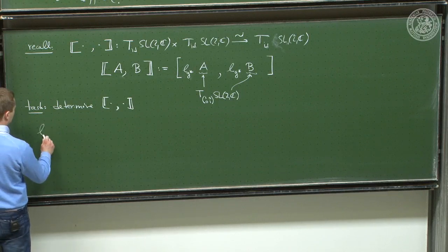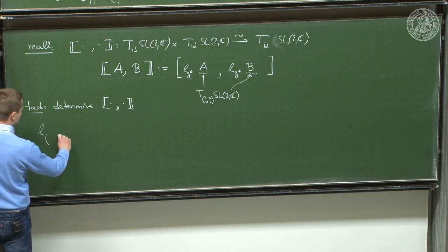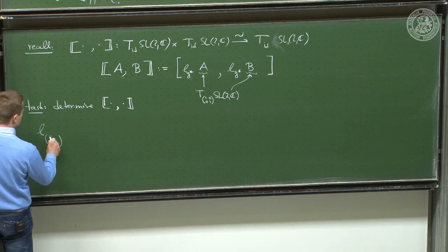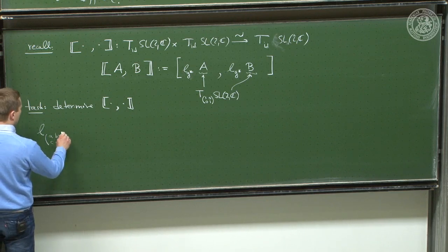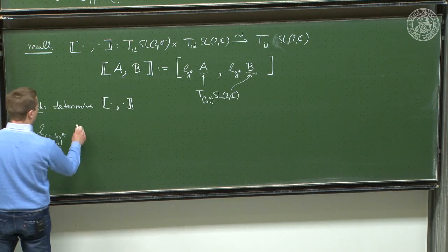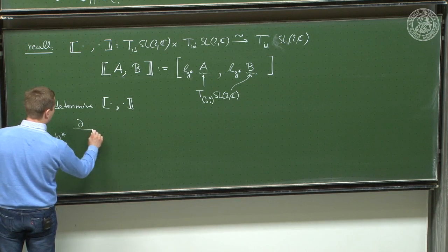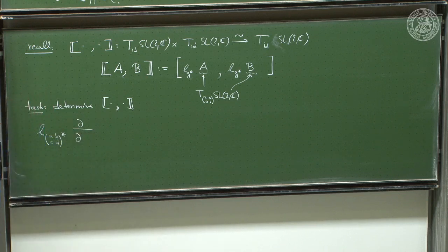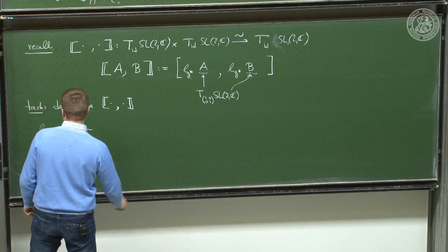So let's try to calculate L sub G. So G is some element of SL2C. So I write here L, A, B, C, D, and I take the push forward and I act on D by D. So now I need to choose a chart that contains the identity. The U chart contains the identity. U only asks A to be non-zero, but in the identity A is 1. So I can use the U chart,